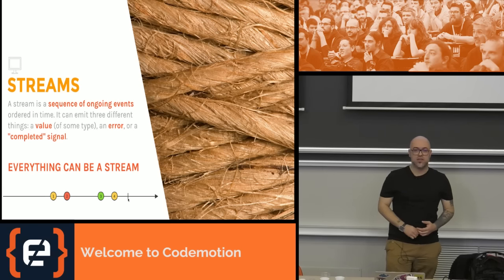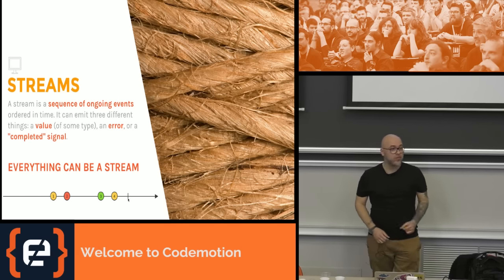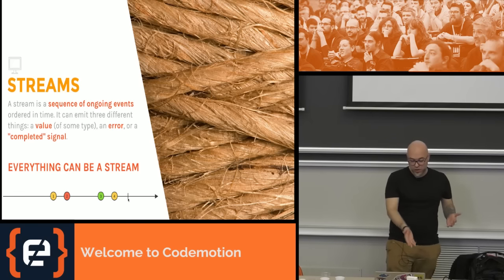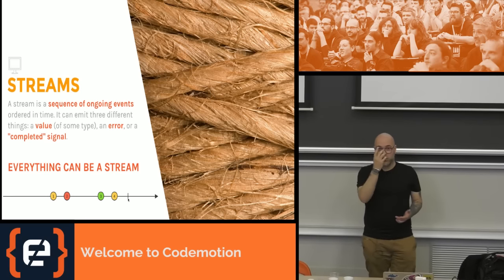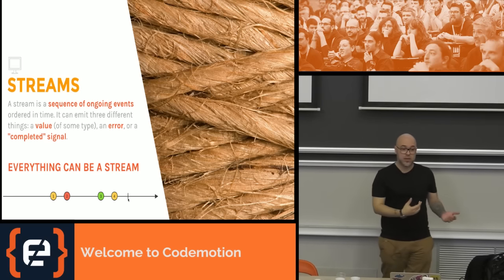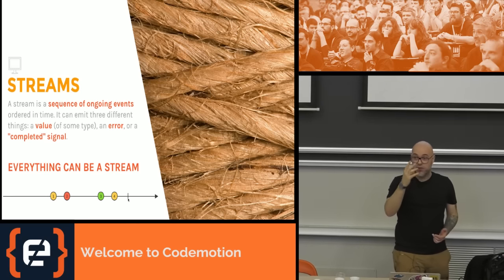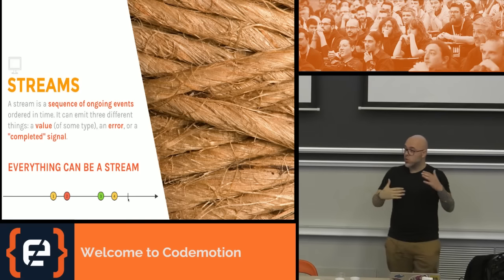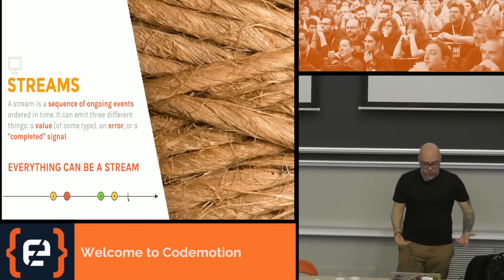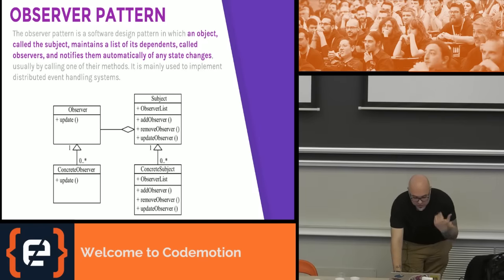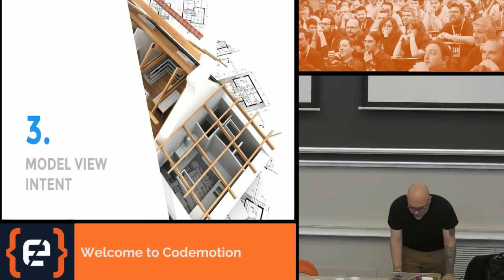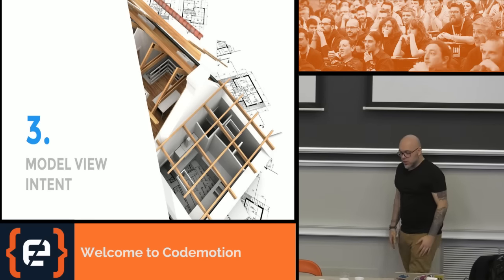RxJS 5, for instance, will allow you to test the streams just in hash code. So you just recreate this, and you say, okay, at a certain point, I will have, I don't know, hash, this time, then a value, then hash, then a value, and then you can do the merge of the stream. You can manipulate the stream as much as you want. So it's pretty handy. So as I said, it's based on the observer pattern. I left this as reference. And this is in a nutshell